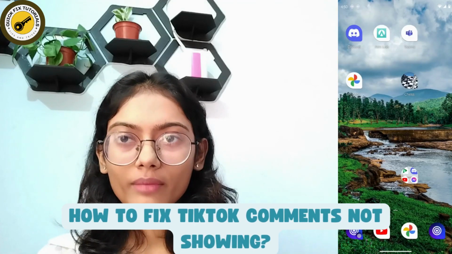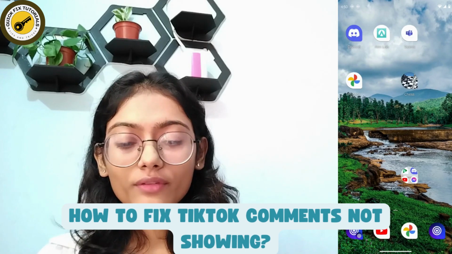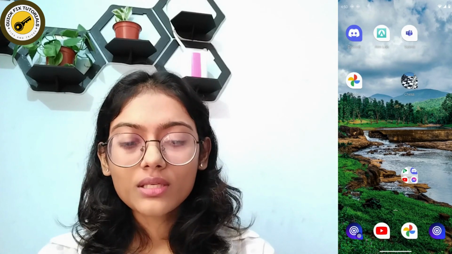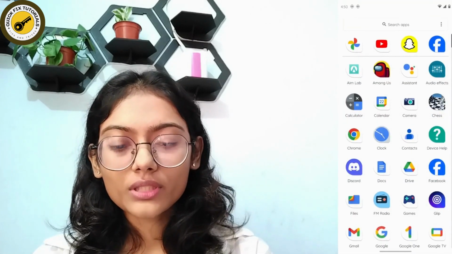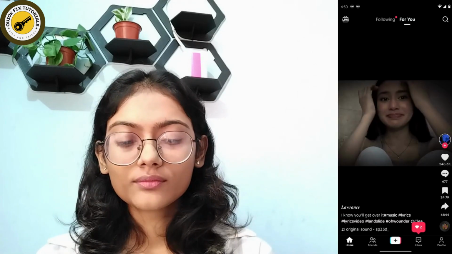How to fix TikTok comments not showing. So if you're facing a problem with TikTok comments, then first of all open up your TikTok application, and after